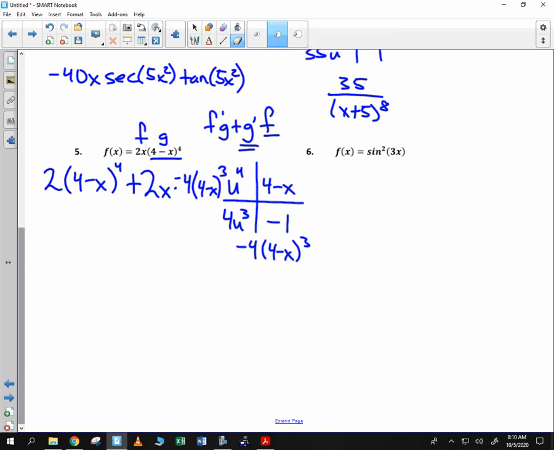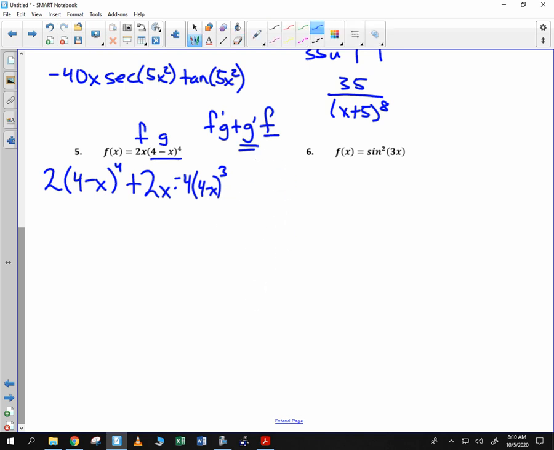Now, what's great about using the product rule with the chain rule, anytime that happens, you always want to factor the result. So let me show you what I mean. If we rewrite this as 2 times 4 minus x raised to the fourth power minus 8x times 4 minus x cubed,